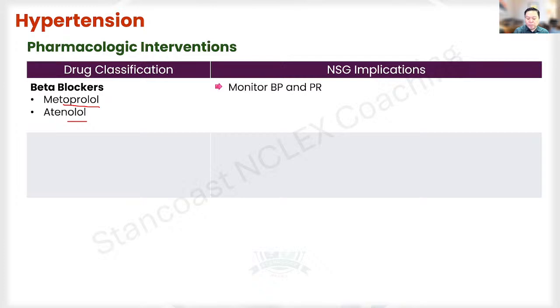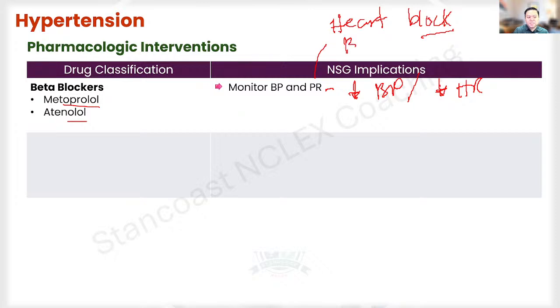But before we go to do that, it's our job to monitor the patient's blood pressure and pulse rate, because the medication can decrease both BP. Of course, that's the therapeutic effect, right? But also it can reduce the heart rate. So for those patients that may have issues with heart block, you have to be careful. Or let's say for those patients that may have a history of bradycardia,